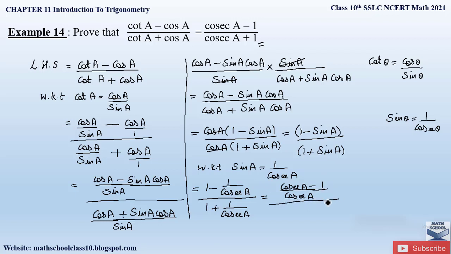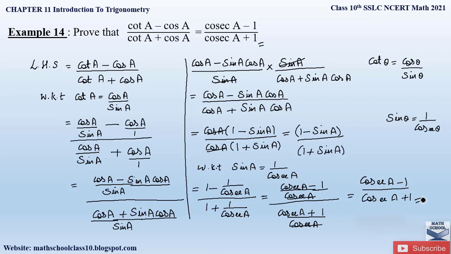The whole divided by, again in the denominator, cosecant A is the LCM, right? So cosecant A into 1 will be again cosecant A plus 1 by cosecant A into cosecant A cancels out, and we will be left with 1. So again you can observe that when you change this division to multiplication form, the denominator will reciprocate and this cosecant A and cosecant A value will get cancelled as we did in this step here, and we will be just left with cosecant A minus 1 divided by cosecant A plus 1, right?